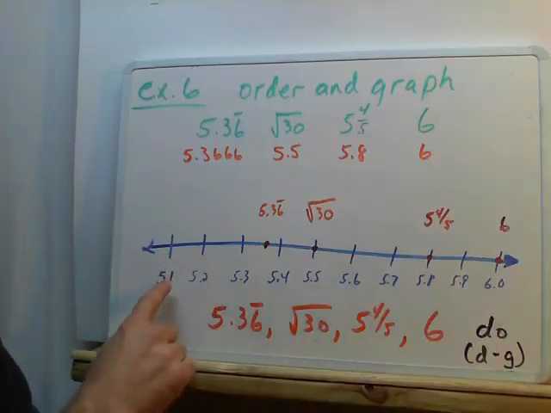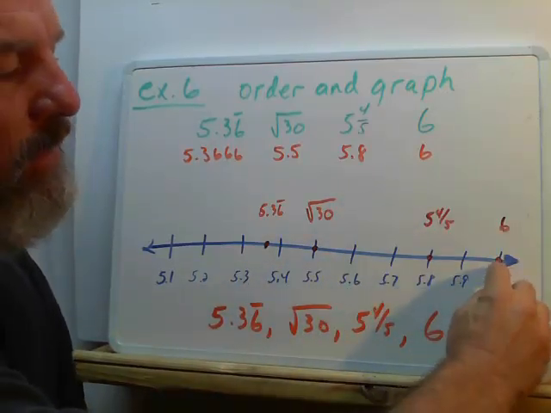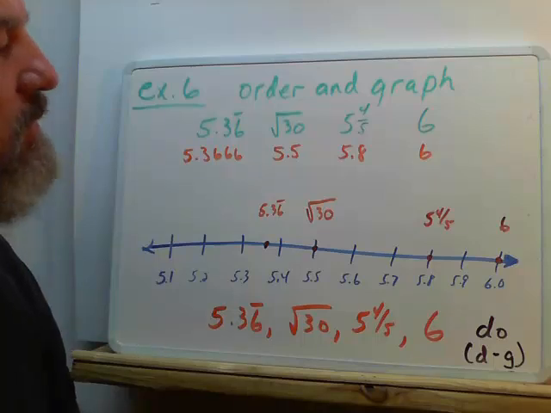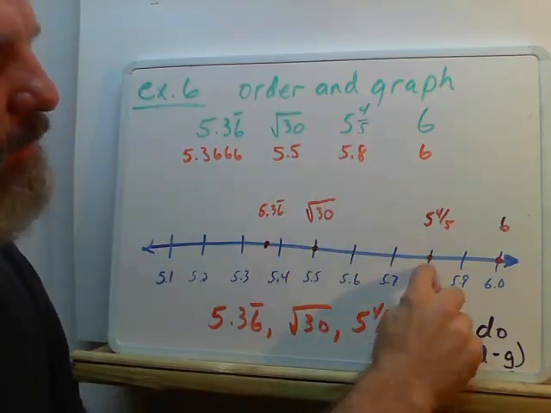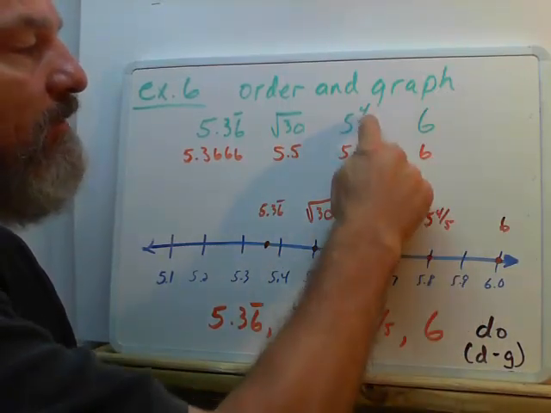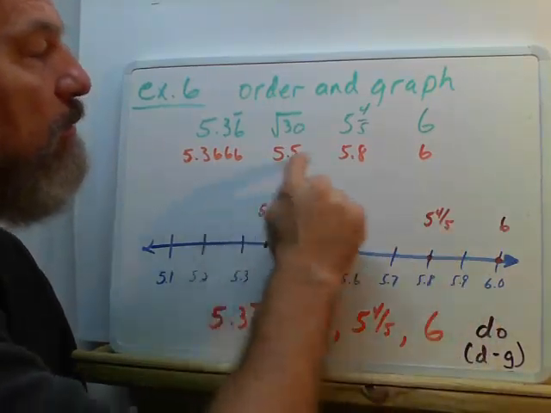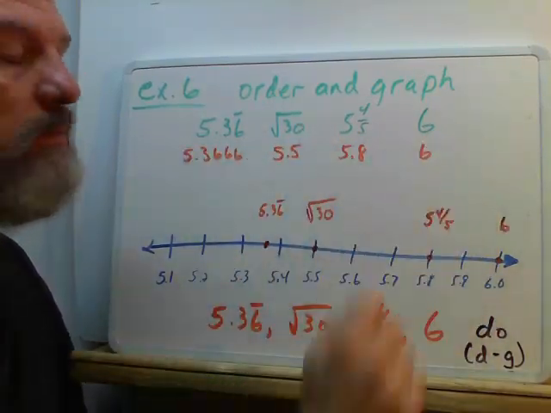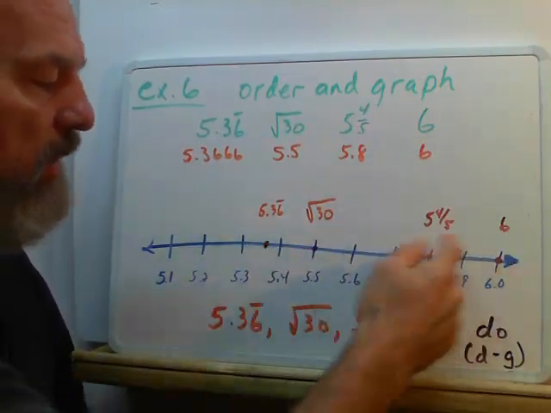So a good way to go about this would be by tenths. So it's 5.1, etc., all the way through 6. 6 is easy. We put a point right there and label that 6. And then this one here is 5.8. So we put a point right at 5.8 on our number line. And notice I'm still using 5 4/5. Do not write 5.8 there. Use the numbers you were given in these problems. You have to use the numbers you were given for your answer, both here and when you put them